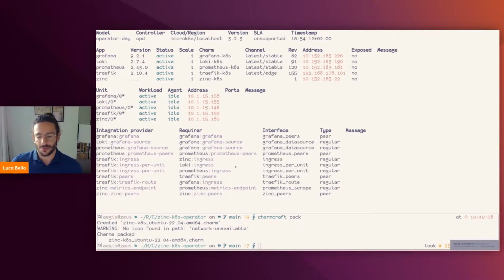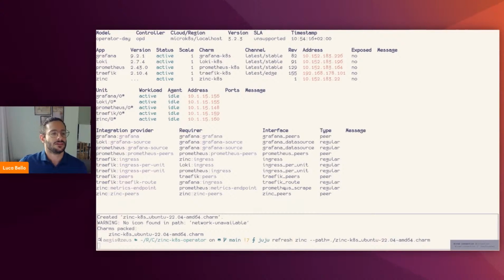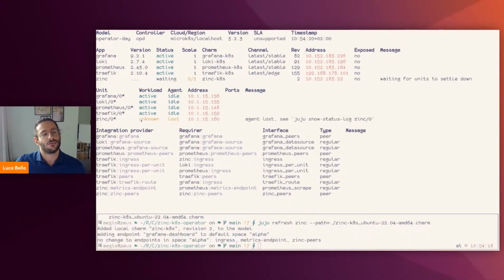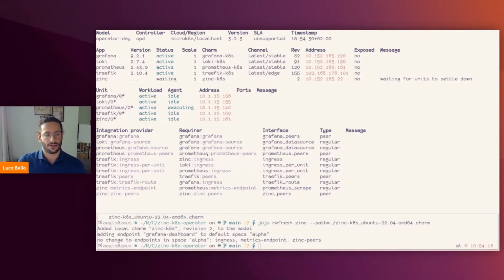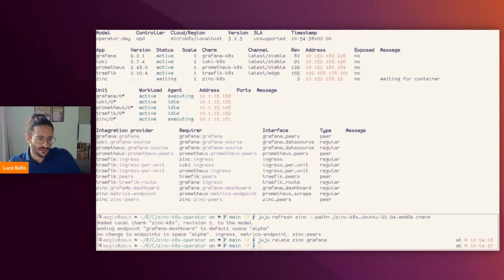So the Zinc charm has been packed. We run juju refresh. You're going to see again Zinc go into maintenance mode to upgrade. Okay. Now that it's back to active idle, we can juju relate Zinc to Grafana. You're going to see here a new relation appear, zinc grafana-dashboard to grafana-dashboard, which is the one we just added. And now that everything is settling down, we can jump back to the browser,